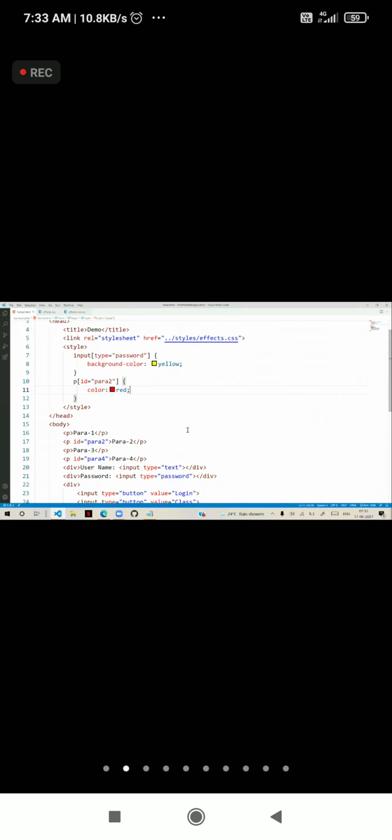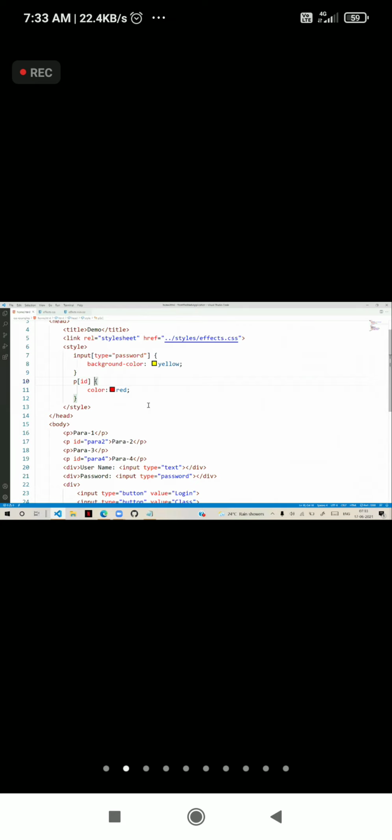So other than paragraph, the common thing is the ID attribute, but the value is not common. Then you can write like this, only the attribute, no value.